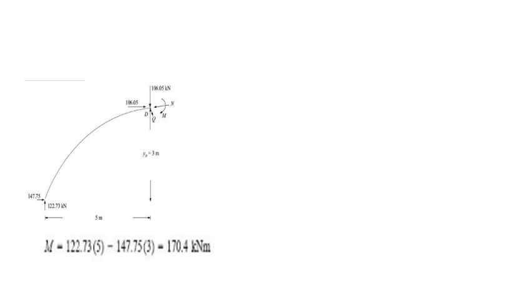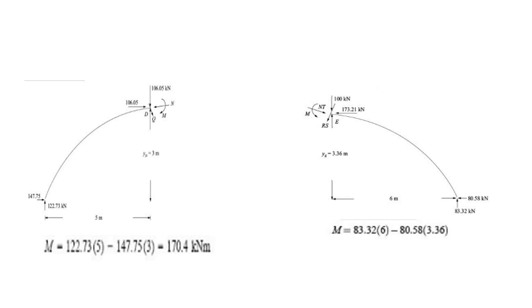So the moment about the other loaded point, the 200 kilonewton, is, again considering the right of the section, VB, that is 83.23 into 6 minus 80.58, that is the HB, into the height 3.36. So you get the moment at the other loaded point as 229.17 kilonewton meters. This is how we have to solve when the inclined forces are acting on the arches. Okay, so these are all the problems when the spring levels are at the same level.